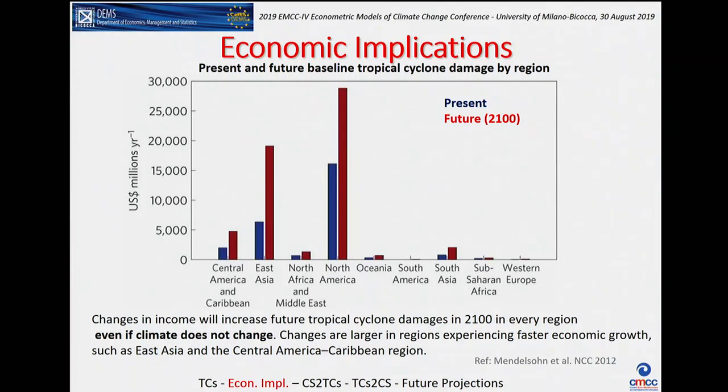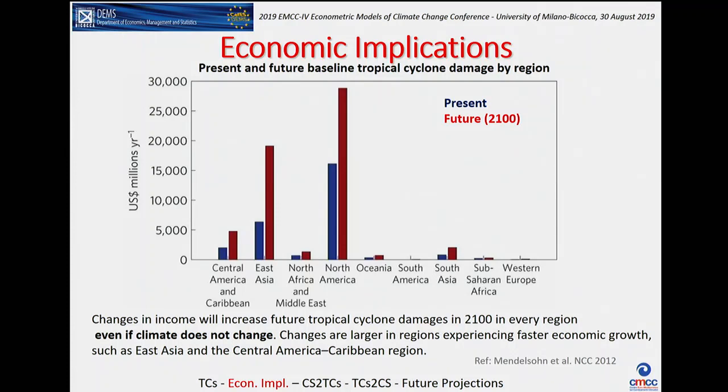So this is the difference just induced by projected changes in the income of the people, in the number of people that is projected to live along the coast, and so on. So this is not a number related to the climate change effect on tropical cyclones. This is an interesting plot